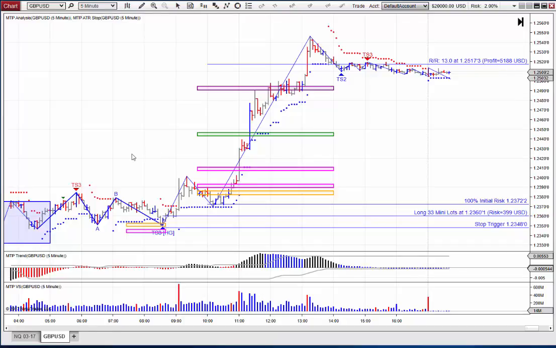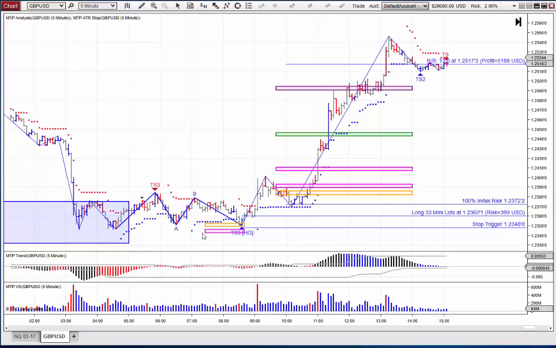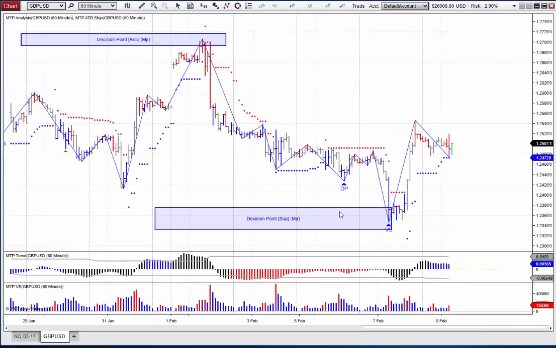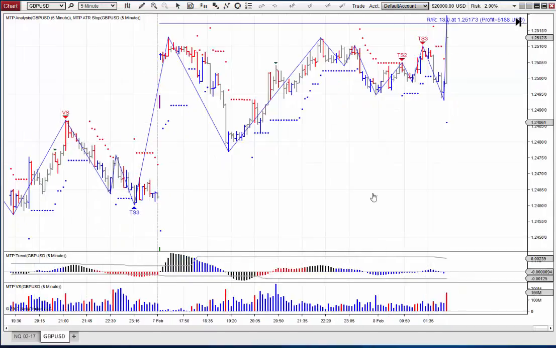But the reason I've done this video is because we were looking at this particular trade setup at the time in our live customer training webinar yesterday. So it's important, I think, to follow up on these trade setups afterwards to show how they would have unfolded. And remember, this was a slightly more advanced trade because it was against our MTP trend color coded indicator, but the reason we were looking at it is because it came off a clear 60-minute support zone there, and that's what we're looking at in our training. So a very, very nice trade there, and a great example of our